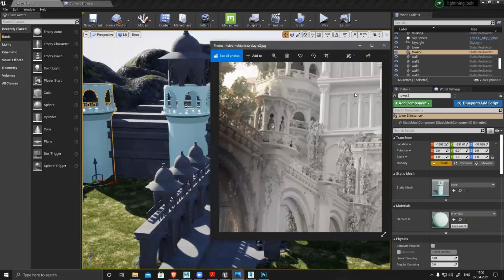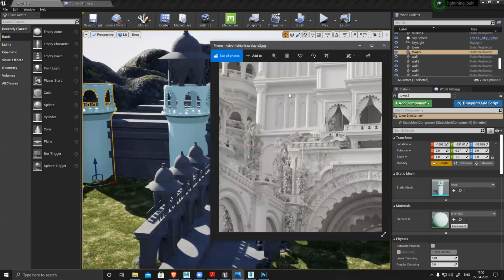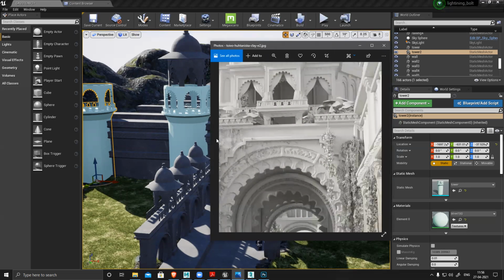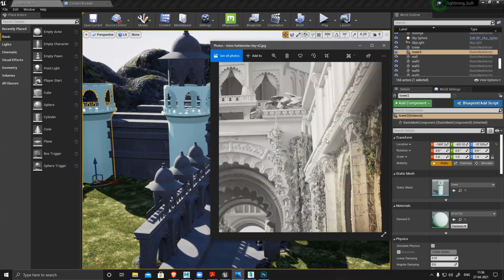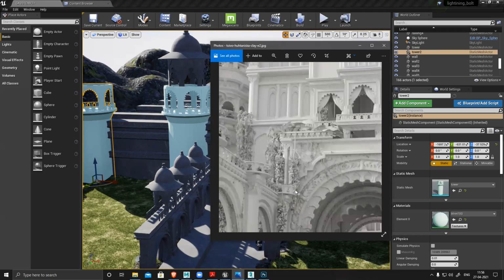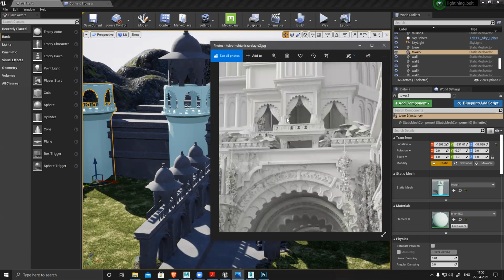For the roof, I can create only one box and bring it here and place it. A few things are remaining. These side arches are pending; I'll create them and bring them. And this pillar I have to fix, because this is a basic pillar, but I can see a lot of design. This design I have to incorporate in my model. I'll do it. So soon, I guess within this week, we should be able to finish our model, and then we'll start with foliage, texture, UV, and the rest of the things.